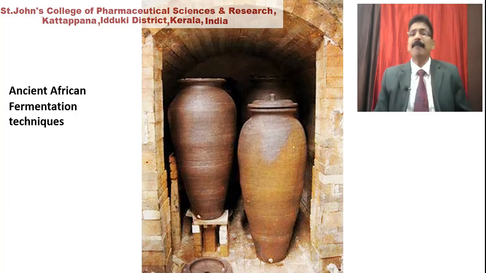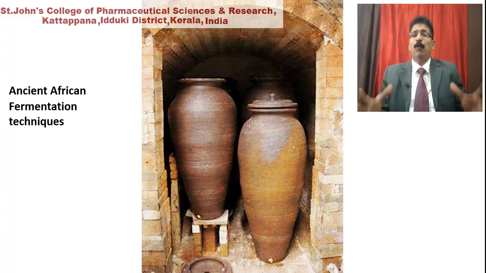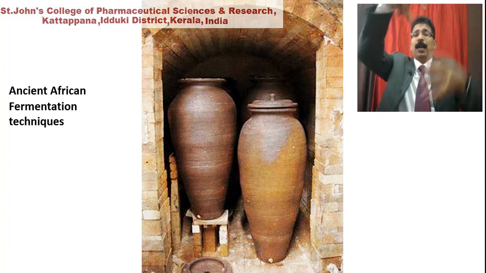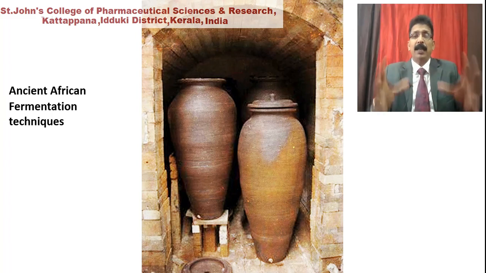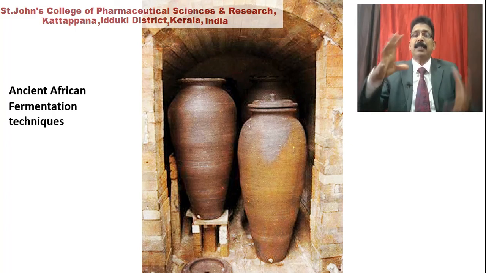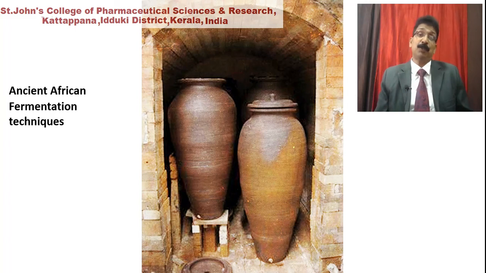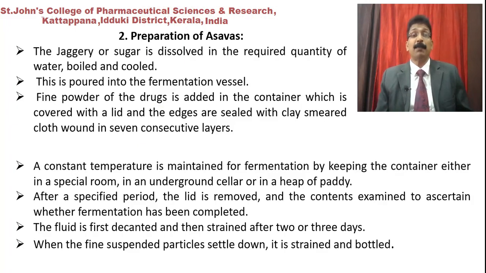And this is an ancient African fermentation technique. This also uses the same long pedestal, very long, as you can see in the picture, with a mud lid. They are filled with all the products, jaggery and the drugs and everything, and the fermentation is kept in a room specified for fermentation to maintain the temperature and to develop the extracts of the constituents, and Abhyrista can be prepared this way.